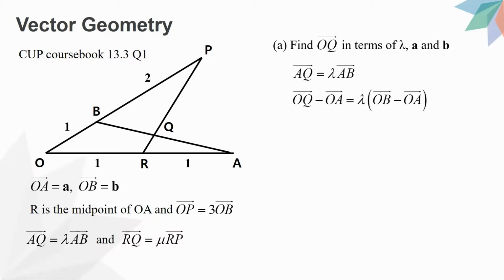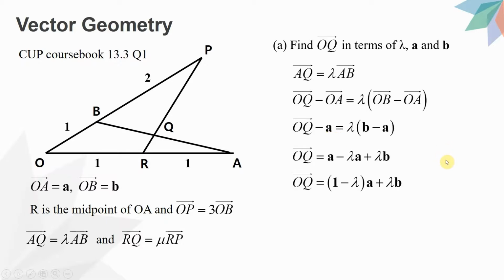Alright, so now we just substitute the various position vectors that we know, which is OA and OB, and then we expand this part and bring over the A, and the last part is factorizing the A, and we get